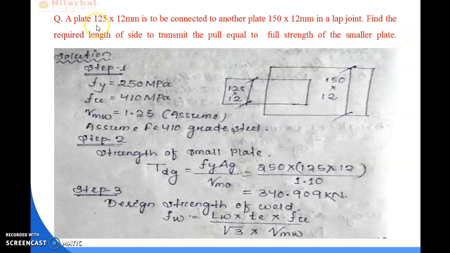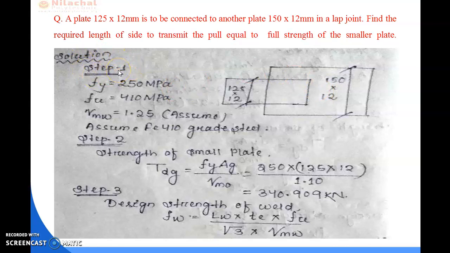So here you can see two plates, of which one has dimension 125 into 12 mm and the other is 150 into 12 mm. That means the 150 into 12 mm plate is the bigger one and the 125 into 12 mm plate is the smaller one. You can see in this diagram, this one is your bigger plate and this one is your smaller plate. The thickness of the two plates is the same, that is 12 mm. So according to the procedure, we have to write